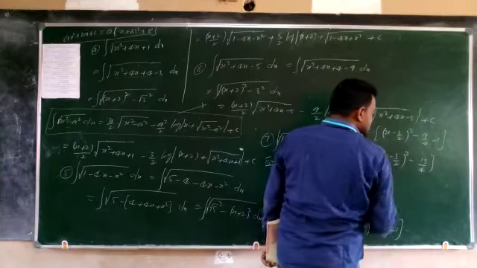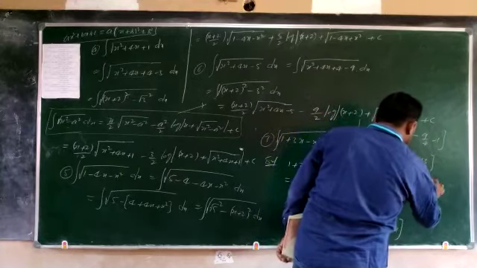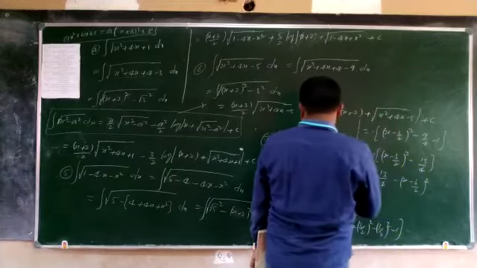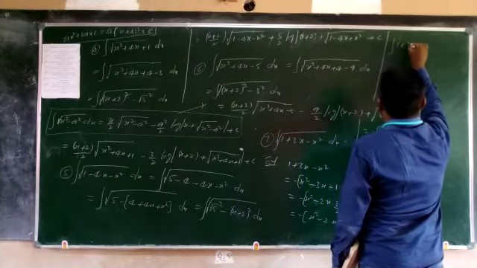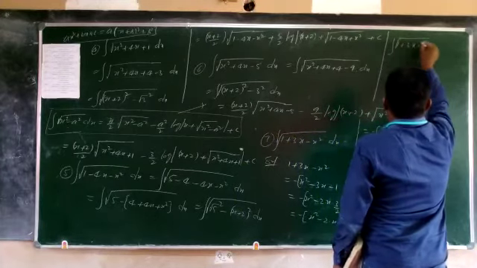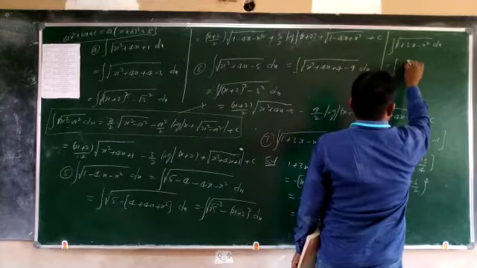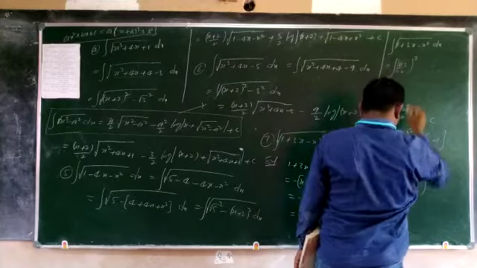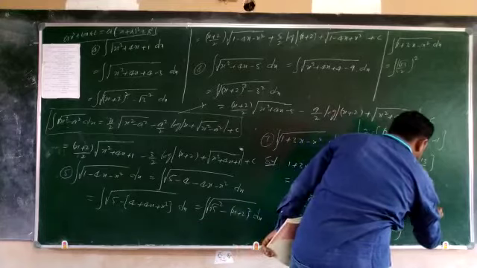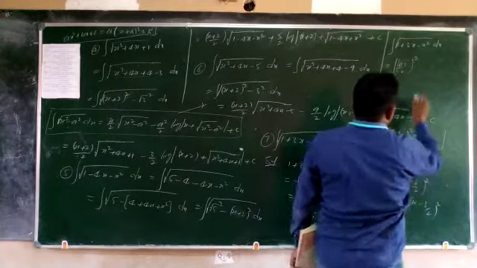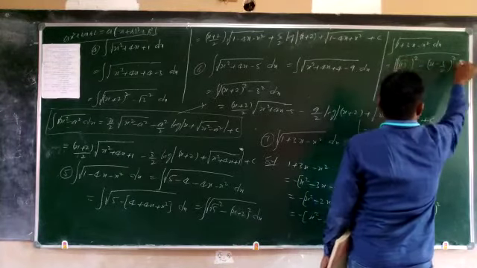If you multiply it with minus, 13 by 4 minus x minus 3 by 2 whole square, so under root is there. So now the question is integration of 1 plus 3x minus x square under root into dx, is equals to integration of root 13 by 2 whole square, I am writing, is nothing but root 13 by 2 whole square minus x minus 3 by 2 whole square, under root into dx.